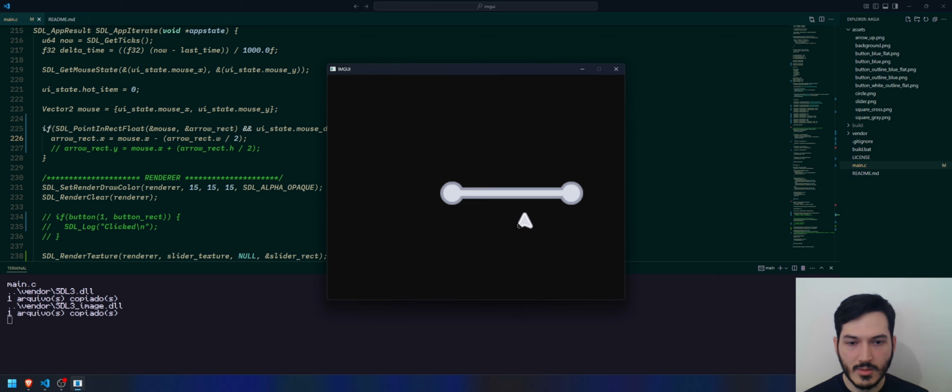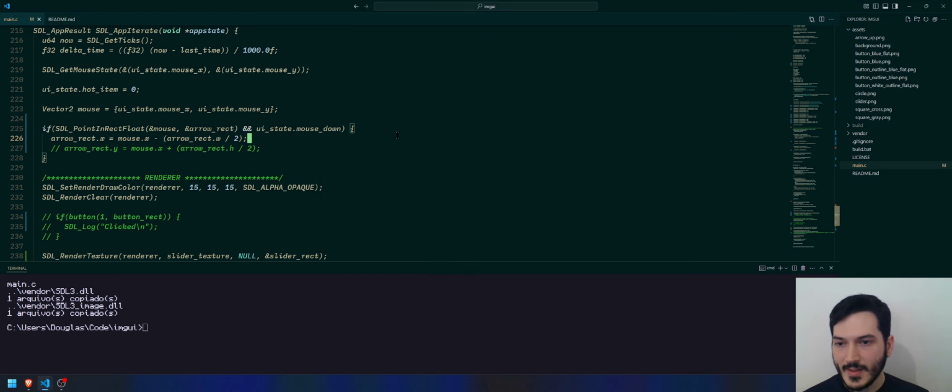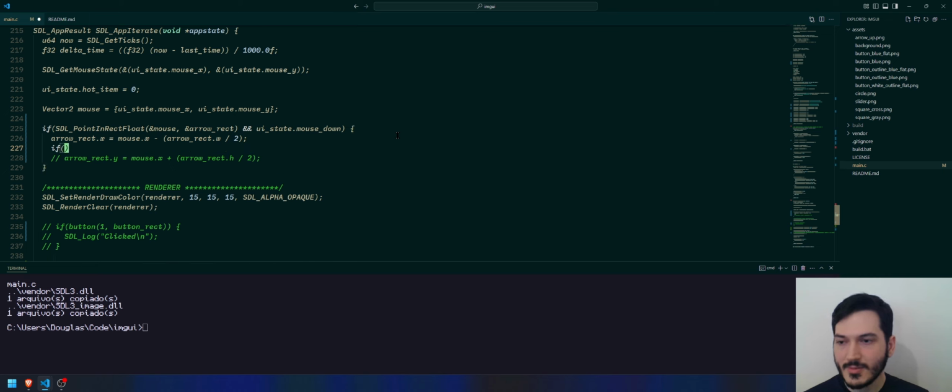We can move. I can clamp if the arrow rect it is